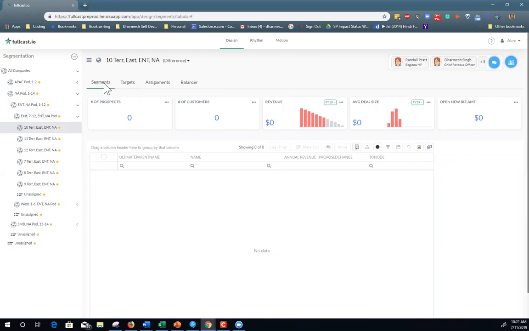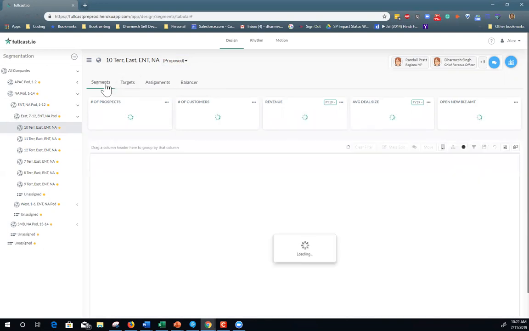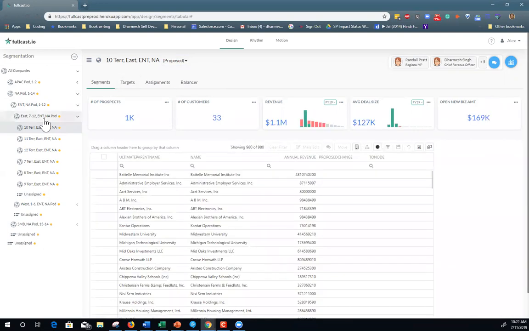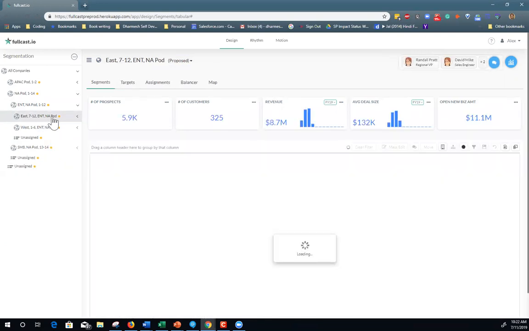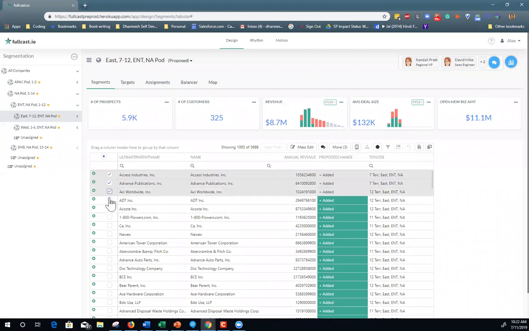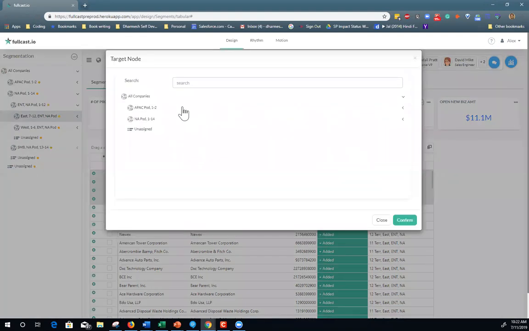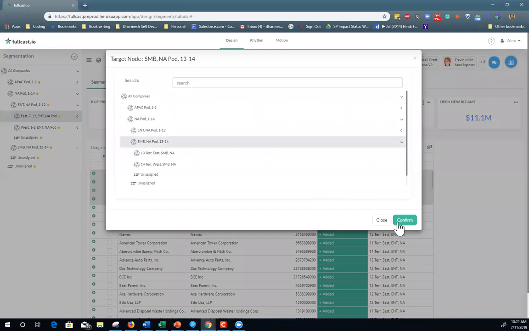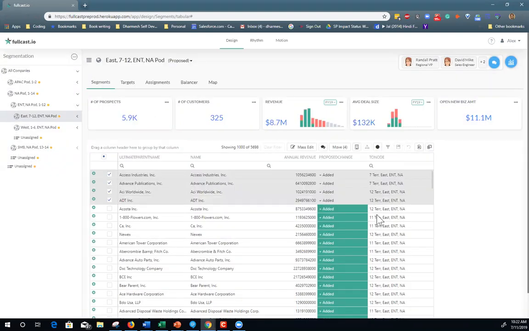So when I'm doing my segmenting out here now in the proposed view, I am actually going to go ahead and say, as I'm segmenting, I'm moving accounts over. This is my planning function. I can pick accounts that I need to move from this account, say Enterprise North America to West. And either I can move and say where they're moving to, SMD, for whatever reasons. I want to move them over there. Or